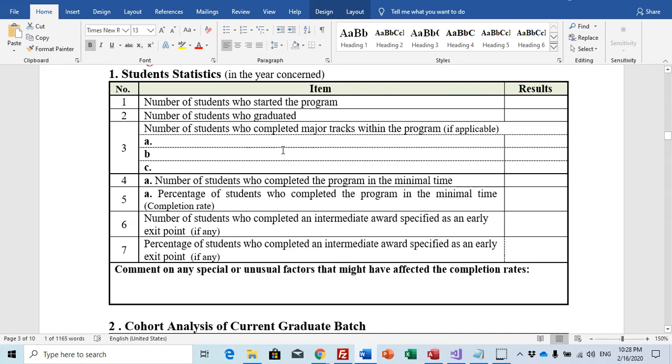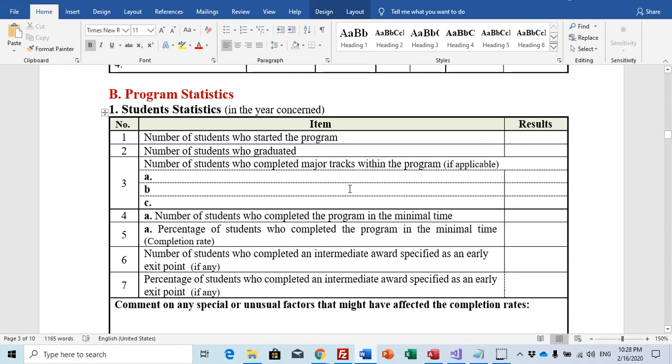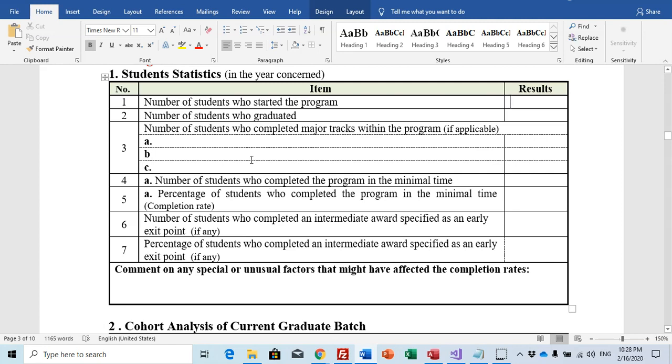Number of students who started the program means all students in your program that they start. For example, 230 students. Number of students who graduated, for example, 45.